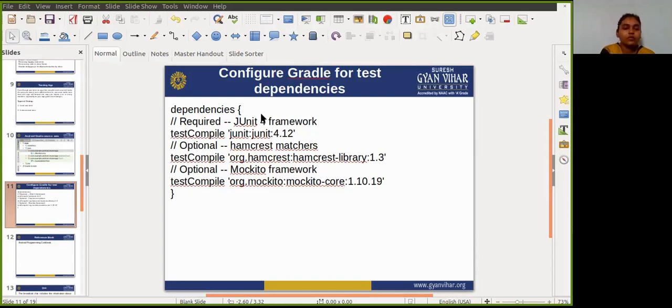To use the JUnit test API, you need to configure the dependencies for your project. The default Gradle build file of your project includes some of these dependencies by default, but you may need to add more dependencies for additional testing features, such as matching or mocking frameworks.